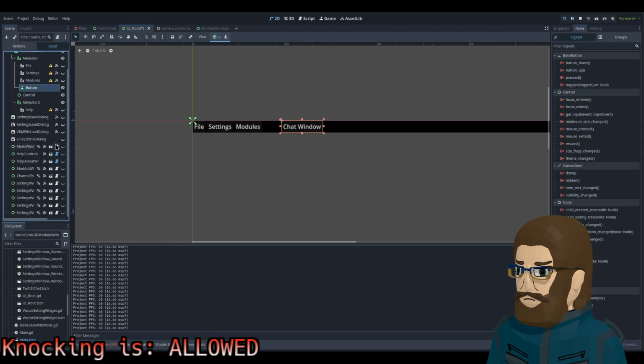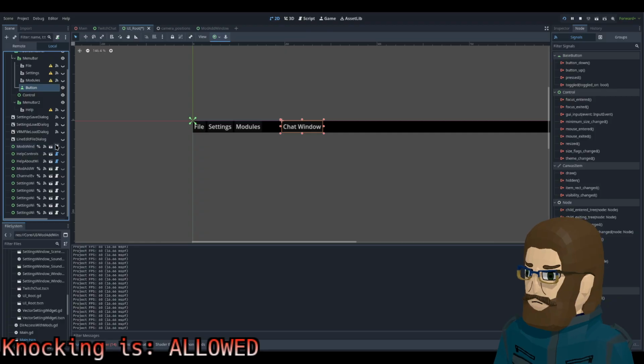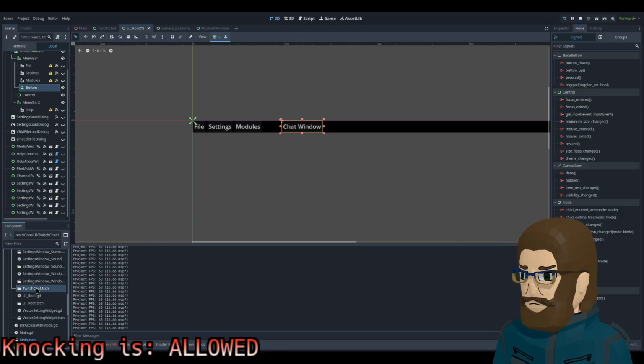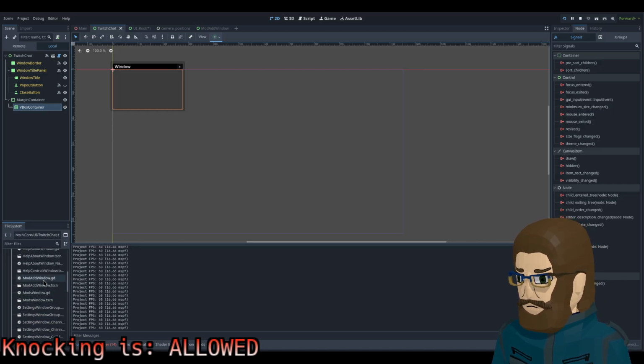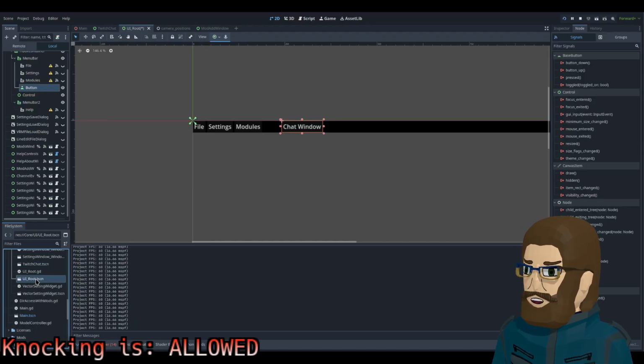So we need to add you as a child of the mod window. Or no, of you.